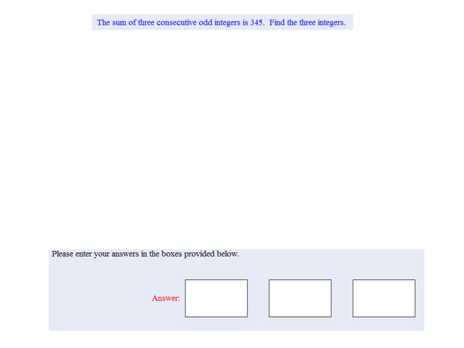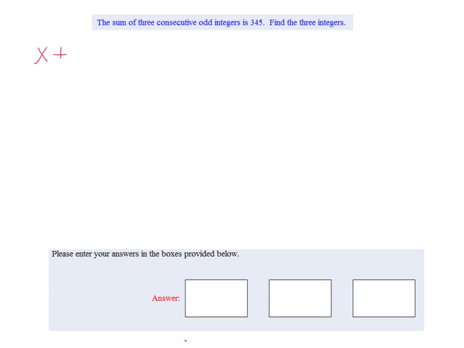All right, this one says the sum of 3 consecutive odd integers is 345. Find the 3 integers. Now, I actually did one of the easier ones because this 345 is a positive. A lot of times those are negative, and it makes that a little bit trickier. But here we go. Sum of 3 consecutive odd integers. So my first integer is going to be an x